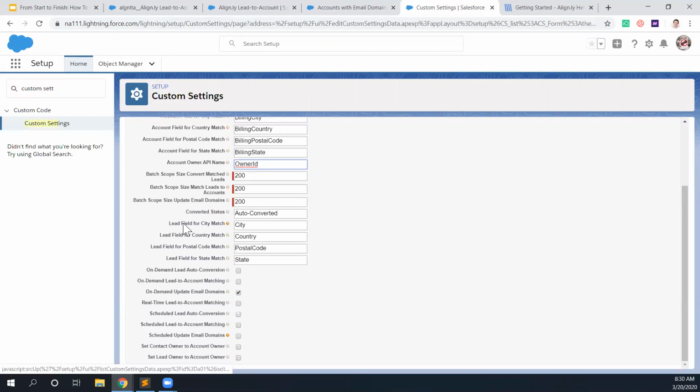Just like your account fields, here are your lead fields for geography match. And again, the default values are just going to be your standard address fields on lead, but you can use any field that you want. And then just go down to these